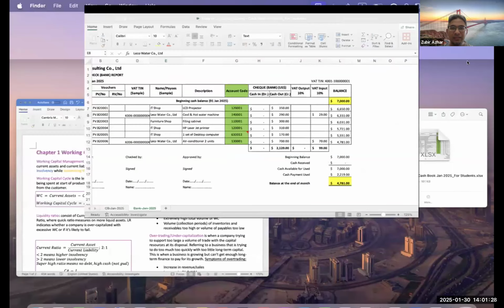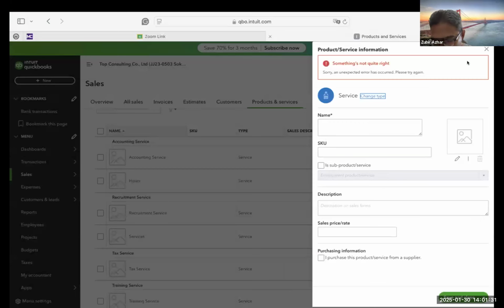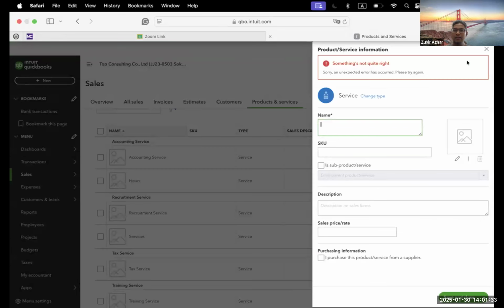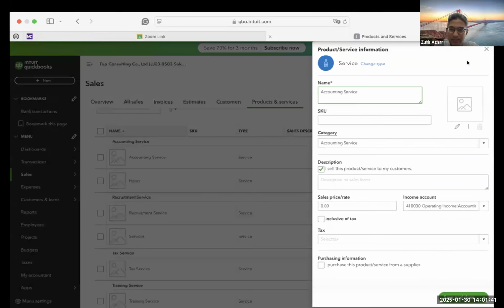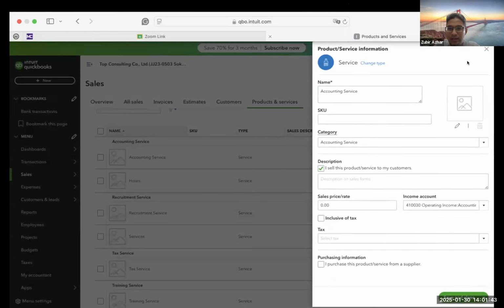No need to open anything. Okay, all right, so we have the accounting service, 410030 operating income, accounting service. Great. Okay, you can close this one.